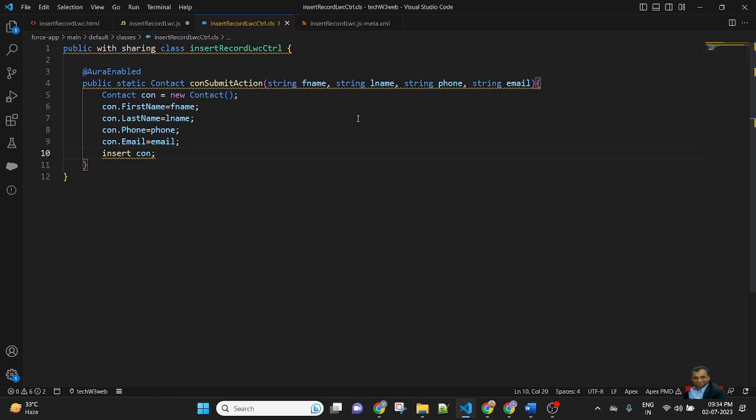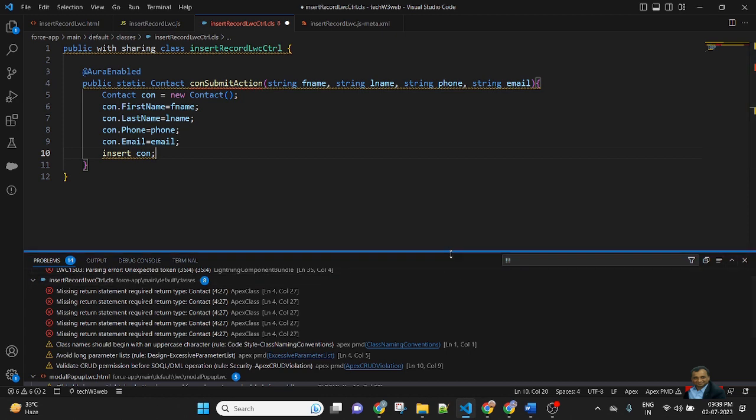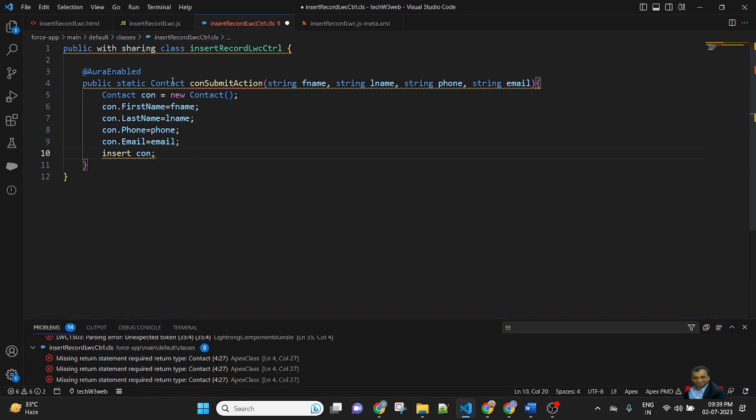So here I created a method and inserting a record of contact. So here I am not returning a value, so use the void.